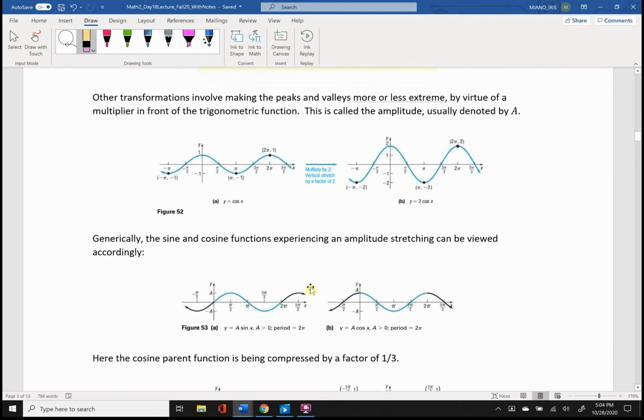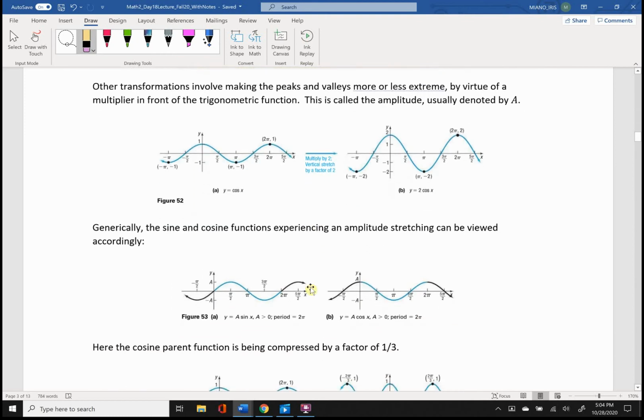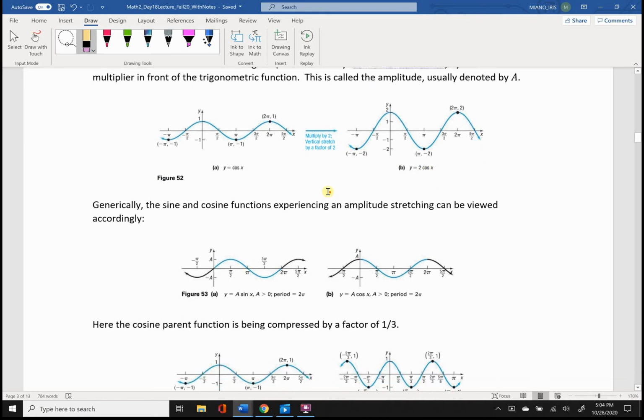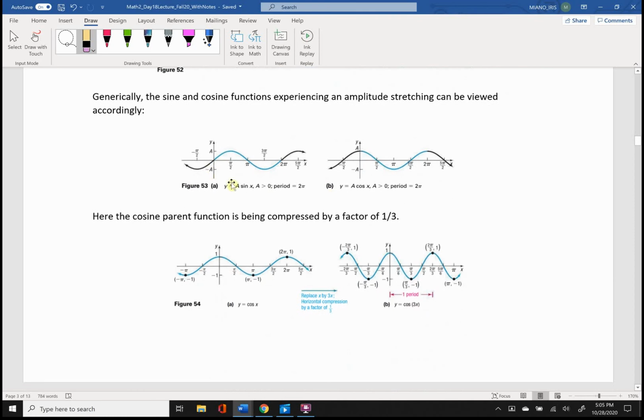Okay, so there's lots to cover. I'm just going to go ahead and breeze through some of these things, telling you about various manipulations here. So here's another example of a vertical stretch by a factor of 2. It's a multiplier of 2 out in front of the cosine function now. And if we want to do vertical stretching, we could do so by virtue of this coefficient, or multiplier rather, in front of either the sine or the cosine function. It's also called the amplitude,